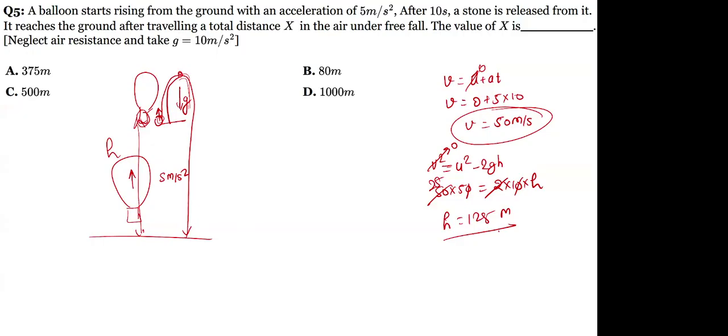Now this is 125 meter, and above the ground this balloon has risen with a height of h, that we can also calculate in terms of time, which is h is equal to ut plus 1 by 2 times at square. h is what? h we have to calculate, and u